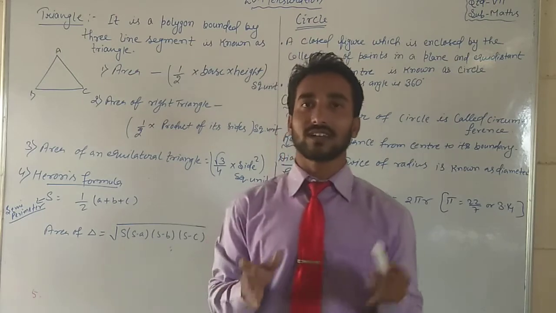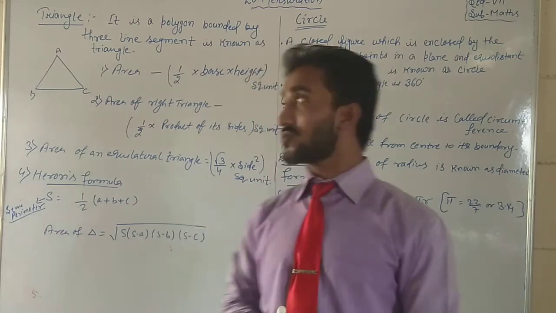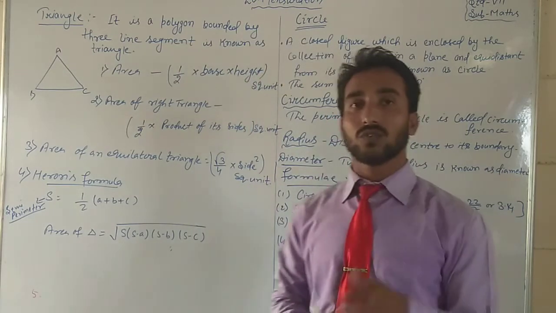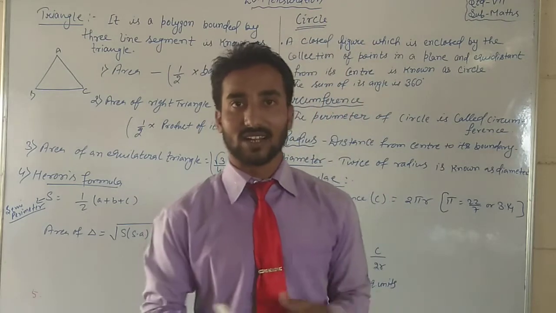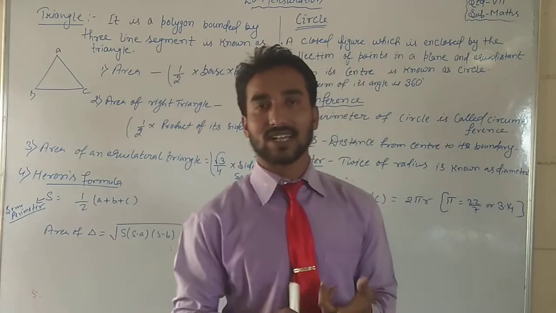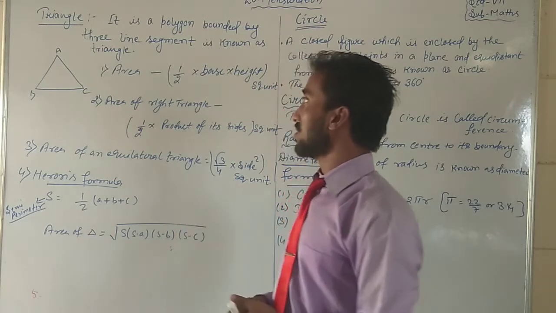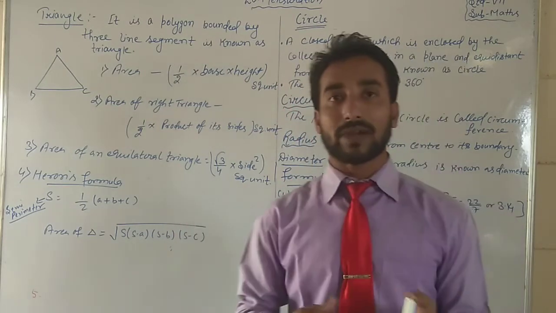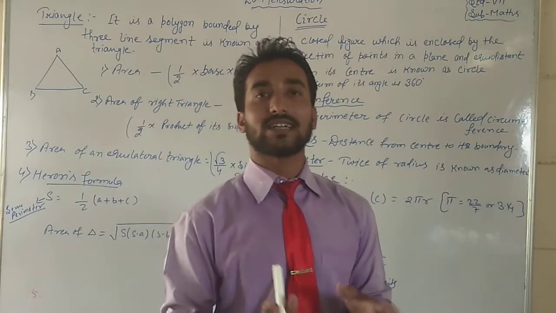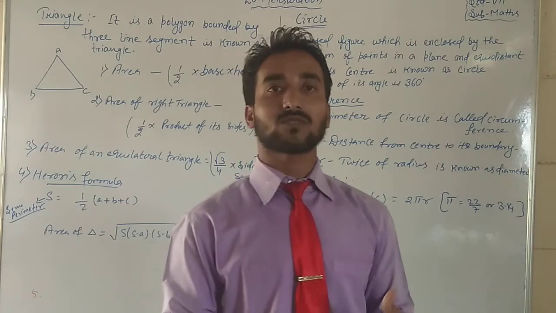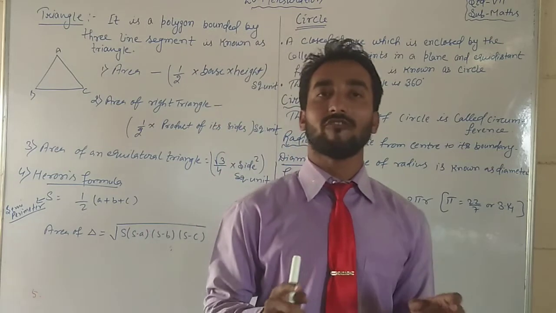So basically, what is a triangle? A triangle is a closed figure. It is a type of polygon which is made with 3 line segments. So there are 3 sides, 3 vertices, and it is a closed figure. In this triangle there are 3 vertices, 3 sides, and 3 angles also form. Now in detail we will learn about the area and perimeter. In mensuration we will discuss only its area and perimeter.